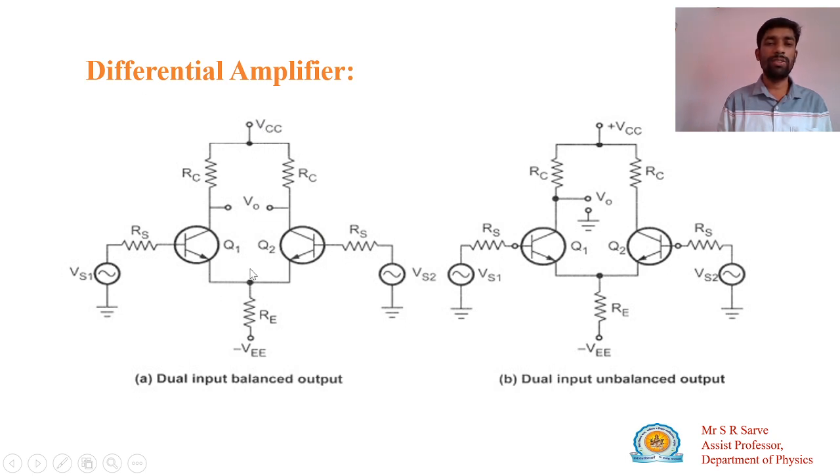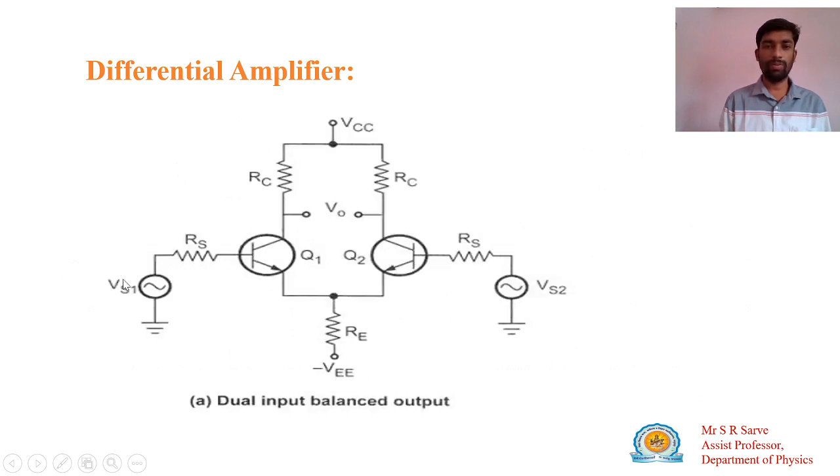Okay, and these two transistors are operated in a common emitter mode. So this emitter terminal is provided minus VEE DC potential through this RE resistance. This RE resistance will be common to the first transistor as well as the second transistor. When you supply VS1 voltage and VS2 voltage, we will get output across these two collector terminals, which will be the gain given by the circuit multiplied by the difference between these two voltage sources VS1 and VS2. So this one is your differential amplifier. Okay, so similarly, here is the same circuit.